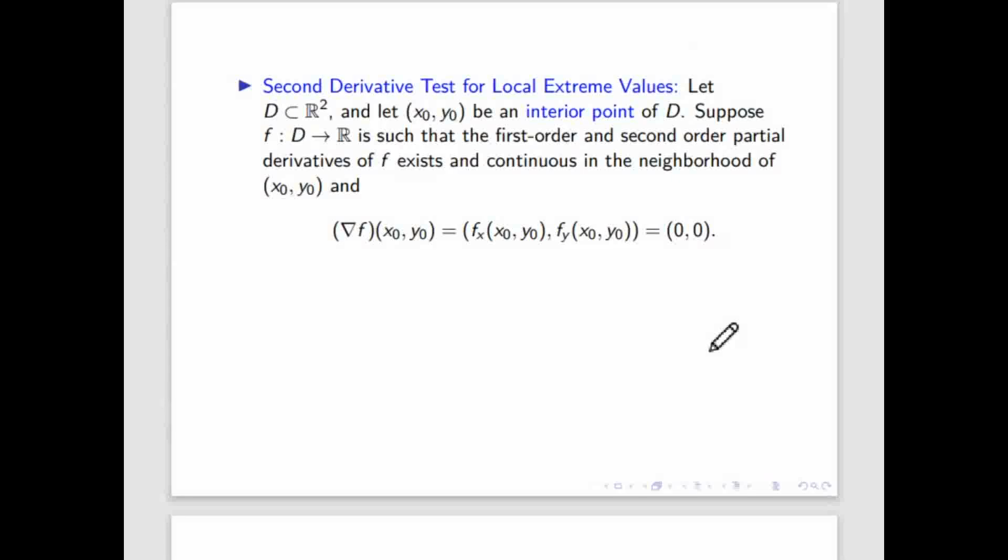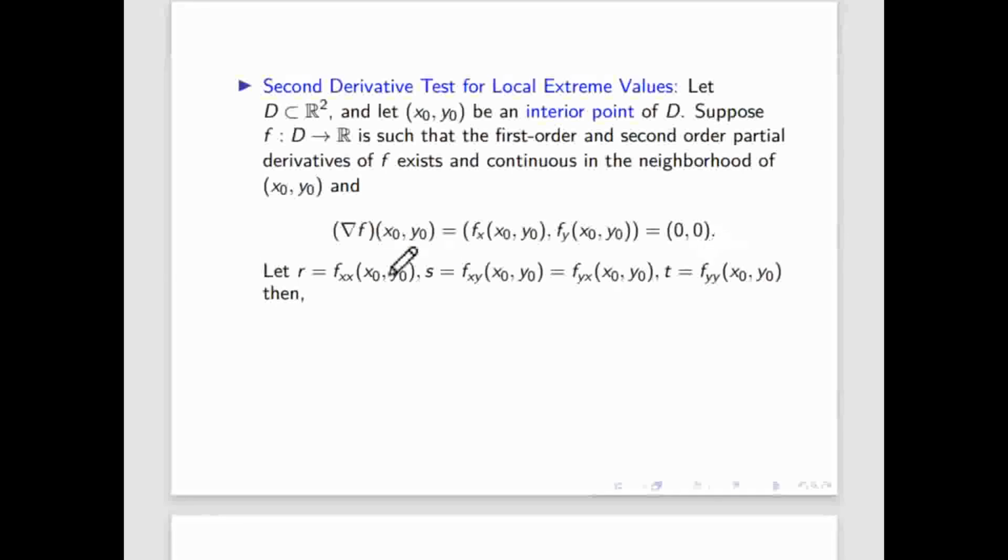So what is the second derivative test? In the second derivative test, first we calculate the point where the gradient is 0, or the partial derivatives are 0. That is the first derivative test, where df/dx and df/dy are 0. So here you will get the point. Once you get the point, you calculate the second derivatives of this function with respect to x at that point, then the mixed derivatives xy and yx, both are equal when this is continuous. That's why continuity is assumed here. This is continuous in the neighborhood, so that the mixed partial derivatives are all equal, and then f_yy.